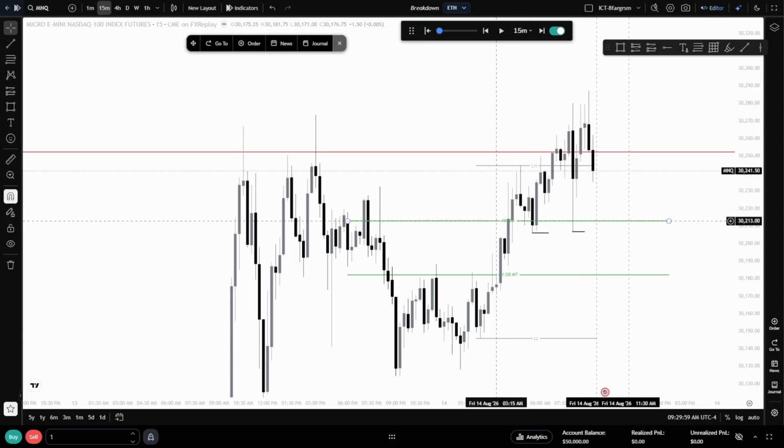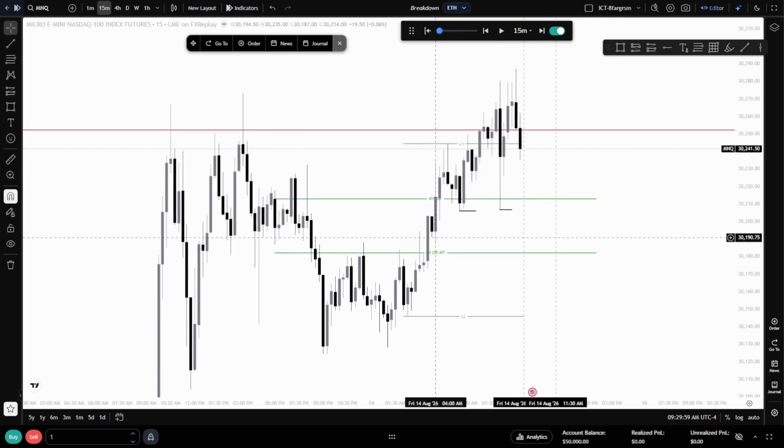So I'm looking at that, although we tapped into this level, I'm not looking for a trade here because price can still rip through this. It's not even my session yet, so I'm not even really gonna look for this. I'm looking for a sweep still because we still have liquidity here and still have this main threshold level here as well with this, you know what I'm saying, intermediate term low or swing term low, whatever you want to call it.